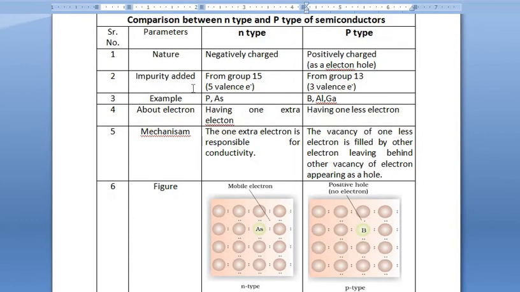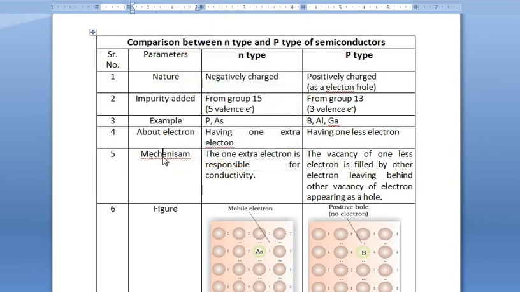Now impurities are added in n type from group 15, and in p type from group 13, for example phosphorus and arsenic for n type, and boron, aluminium and gallium for p type. About the electrons, n type has one extra electron while p type has one less electron. Mechanism, if you talk about, then what is the mechanism? The one extra electron is there